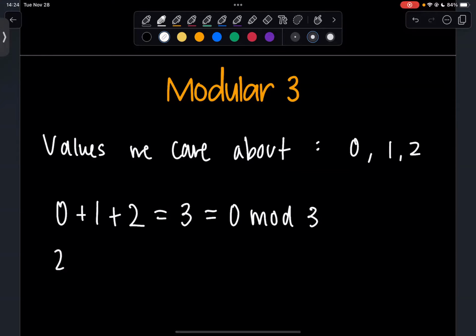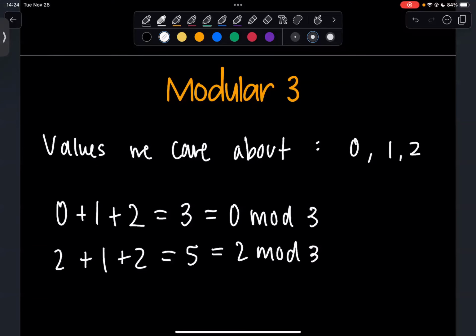If I did 2 plus 1 plus 2, if I add those up, I'll get back 5. Which is what mod 3? 2 mod 3, right? Again, I can think of a remainder, or I can take away multiples of 3 until I have a number between 0 and 2 inclusive.